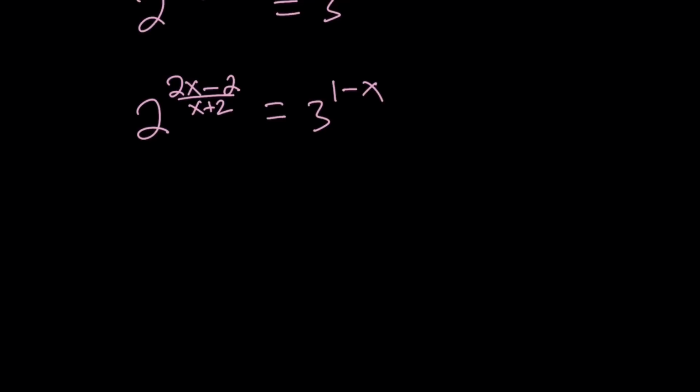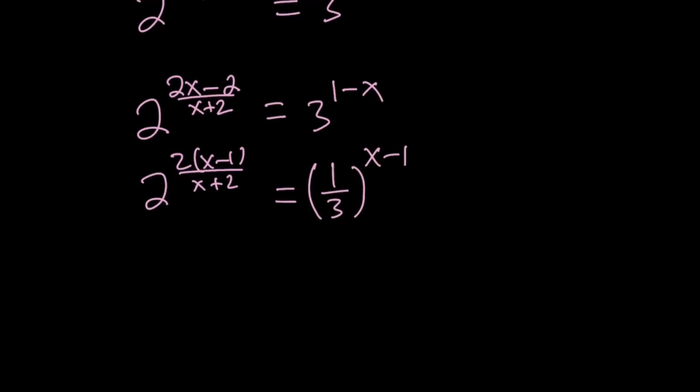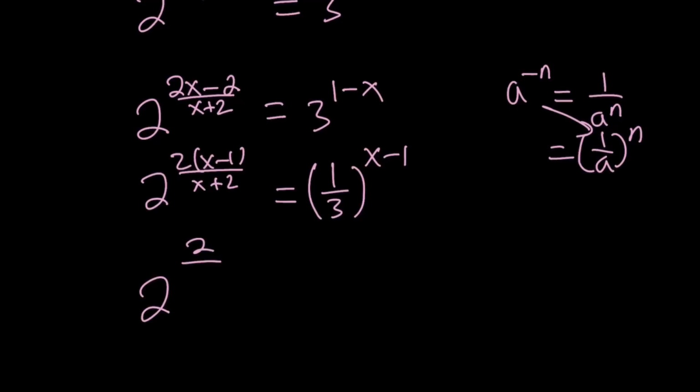We can write this as 2 to the power 2 times x minus 1 over x plus 2. And 3 can be flipped and written as 1 over 3, and then raised to the power x minus 1. So the idea here is basically when you have a to the power negative n, you can write it as 1 over a to the power n. Or 1 over a to the power n, because 1 to the power n is always 1, so we can write it either way. That's the idea I used here. So now I'm going to write it this way: 2 to the power 2 over x plus 2, to the power x minus 1, equals 1/3 to the power